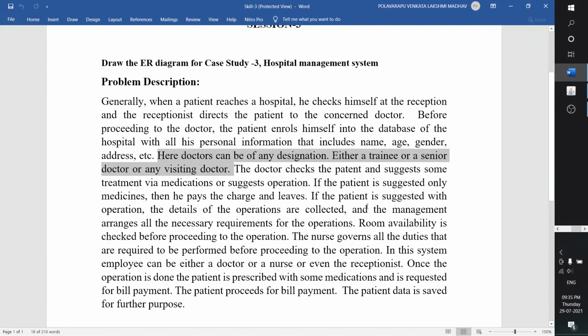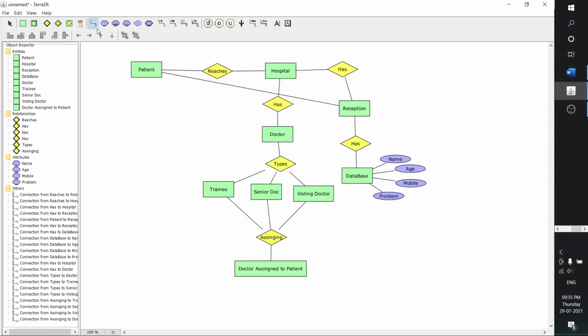The doctor checks the patient and suggests some treatment via medication or suggests operations. So the patient needs to reach the doctor. I think this is fine. So the patient will reach the reception. With the help of this database the doctor will be assigned.